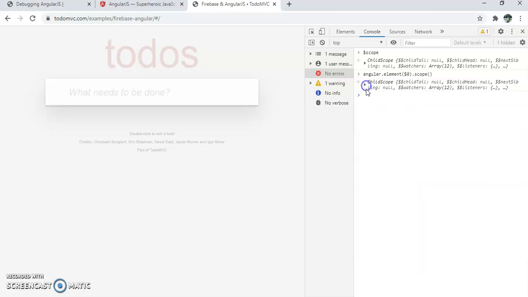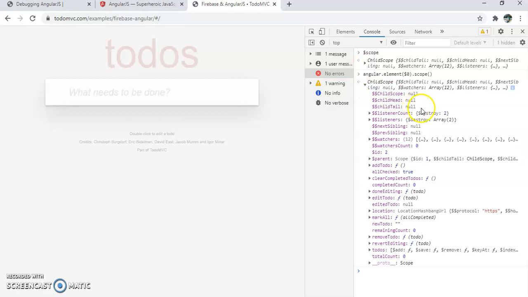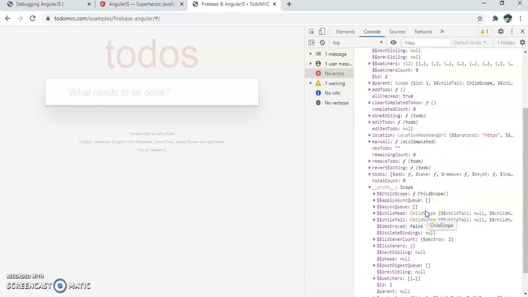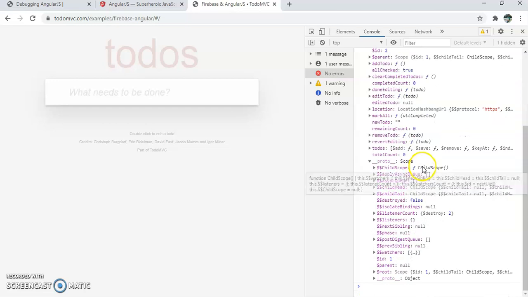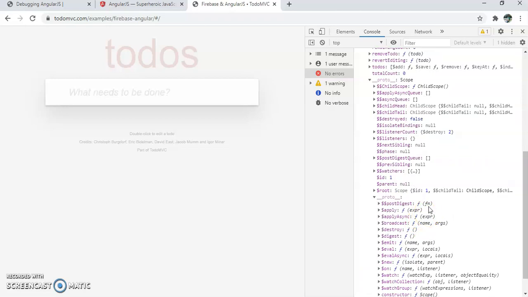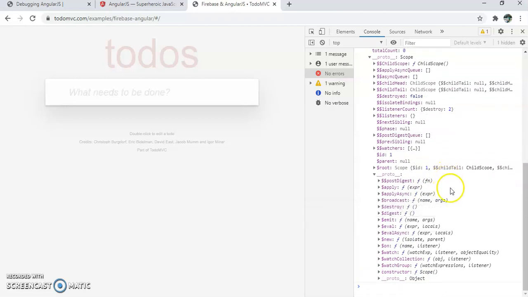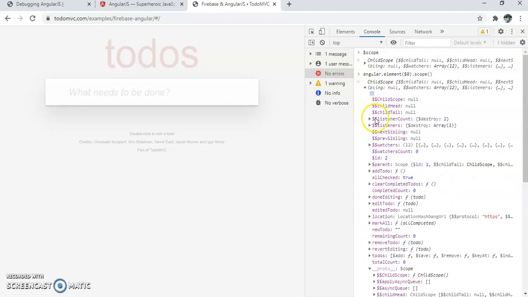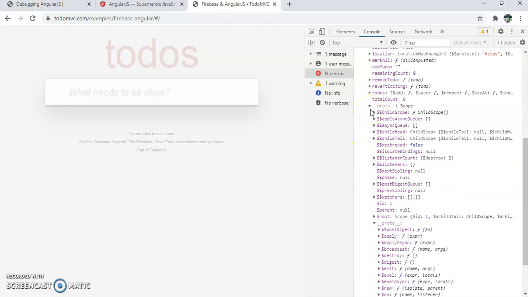Now you can see I have clicked here. After clicking here, we have to click on prototype.